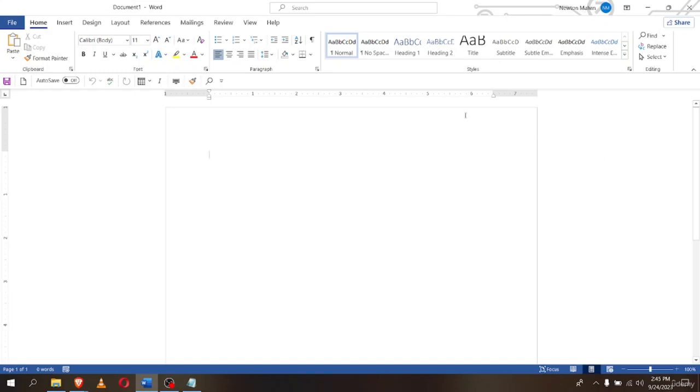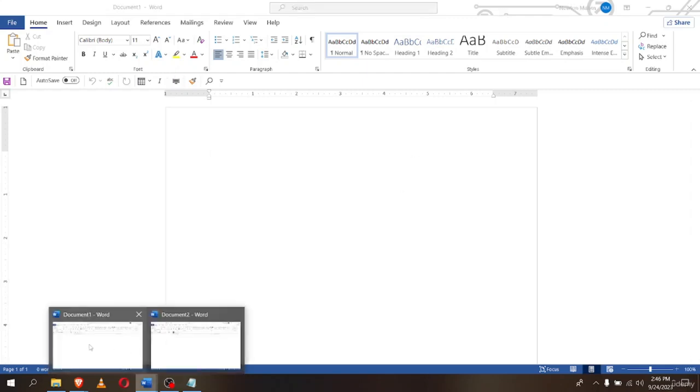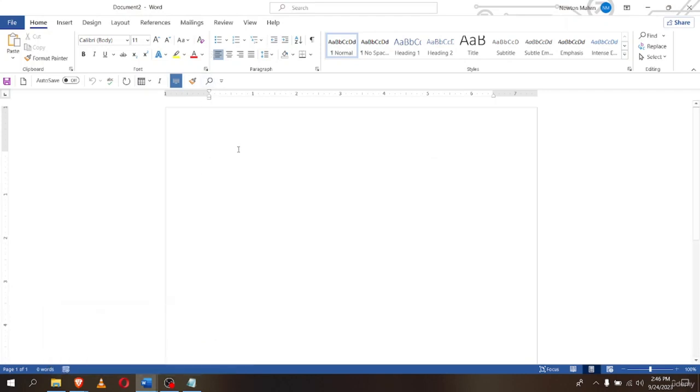Basically the easiest way would be to use your keyboard shortcuts. So the shortcut for opening a new blank document is actually Control+N. Now take a look at Document 1. If I press Control+N, you can see it turned into Document 2. That's because I now have two documents open. Now this is one document, and if I hover over here, you can see this is Document 1, right? Okay, so now that we've learned how we can open a document,